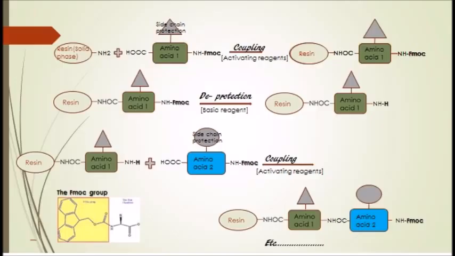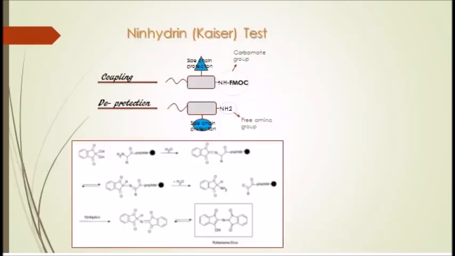To verify the coupling and deprotection steps are complete, you test a few beads with the Kaiser test. This test solution turns blue in the presence of amino groups. If there are no amino groups present, no solution color change is observed. And so, you desire a Kaiser test negative after coupling, as this indicates completion and no free